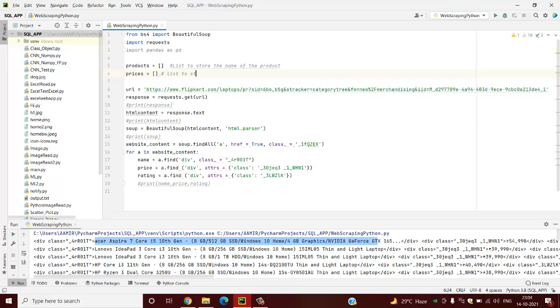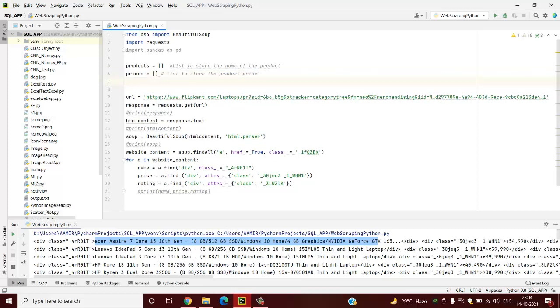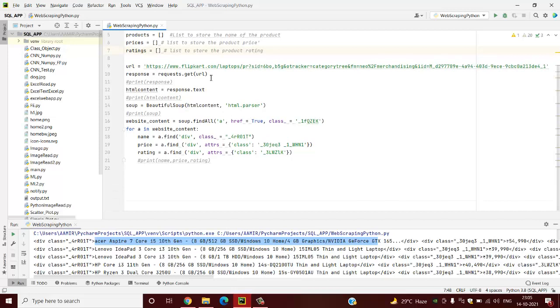List to store the product price. Now third variable, which is for storing the ratings. So list to store the product rating. Now a blank list is created. Now we have to